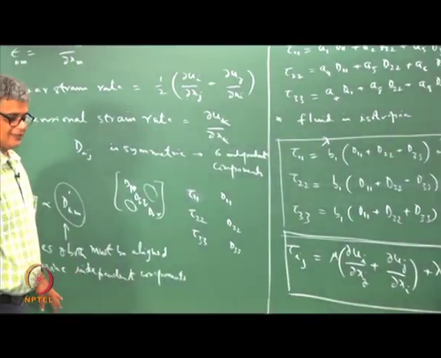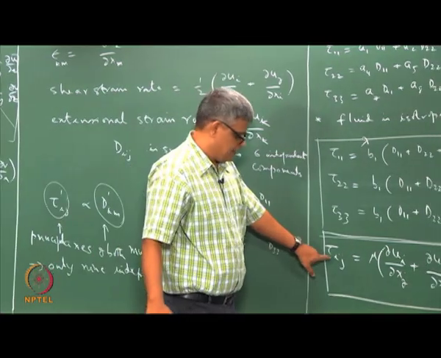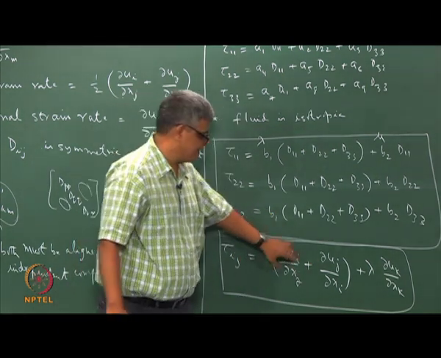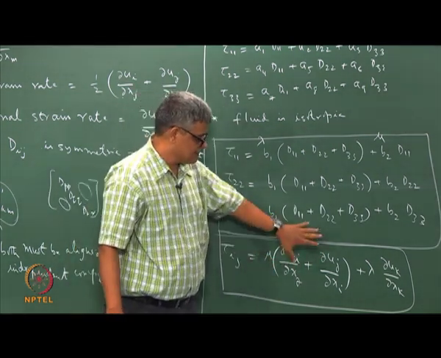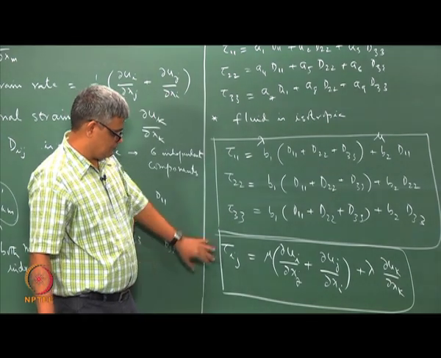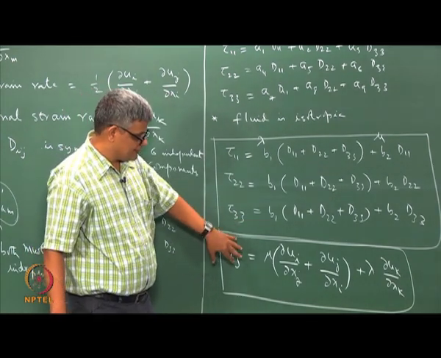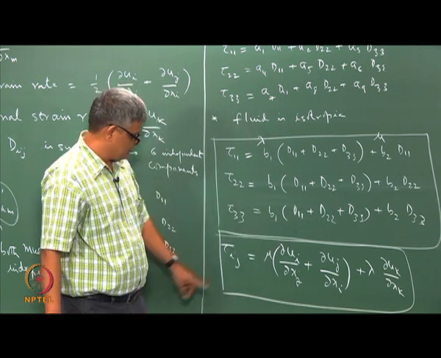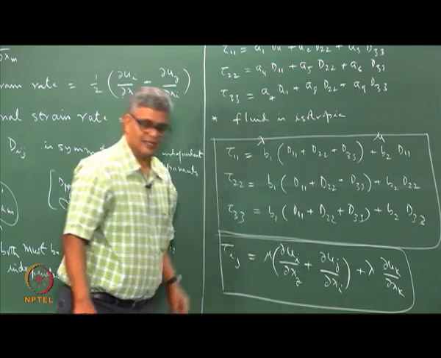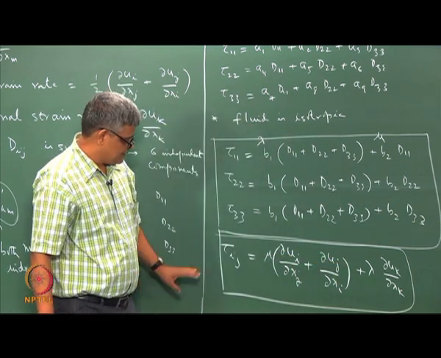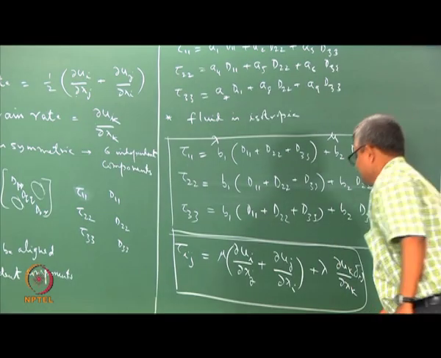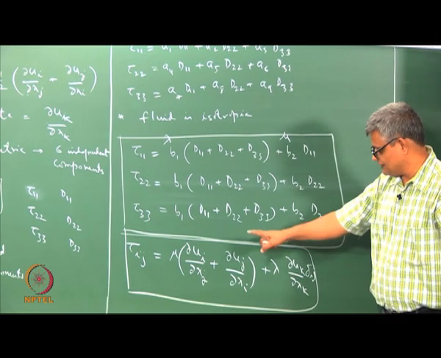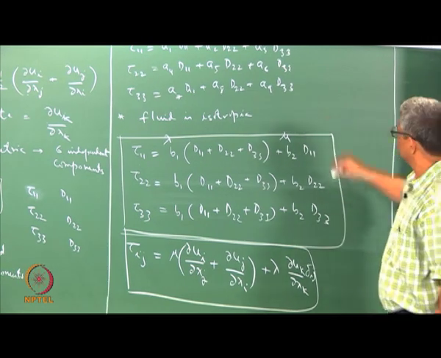This is a relation between the stress induced by the relative motion and the deformation strain rates that are induced by the stresses, and that relation is linear and it is for an isotropic medium involving the 2 coefficients mu and lambda here, and delta ij here, the Kronecker delta function. So this is the expression that we have.